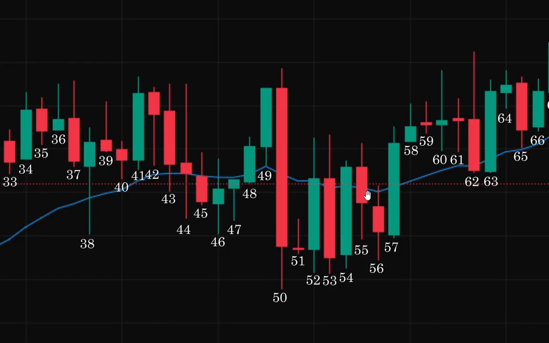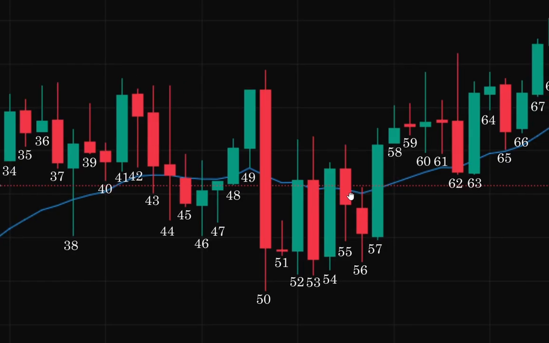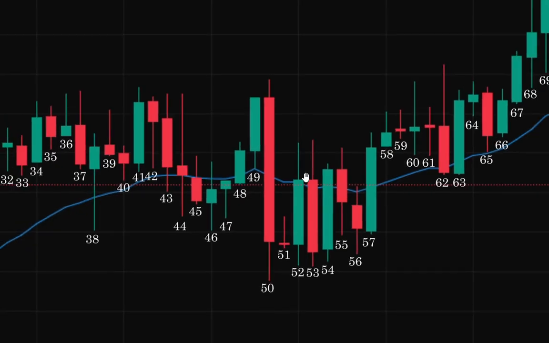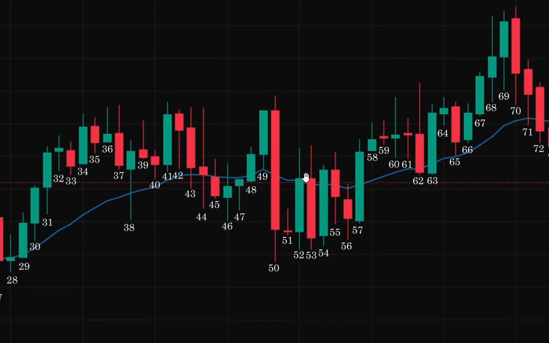So this scenario happens, and this is something I have learned, why discipline and why waiting matter, because when we have taken losses, then we want to take revenge, and this kind of scenario happens.